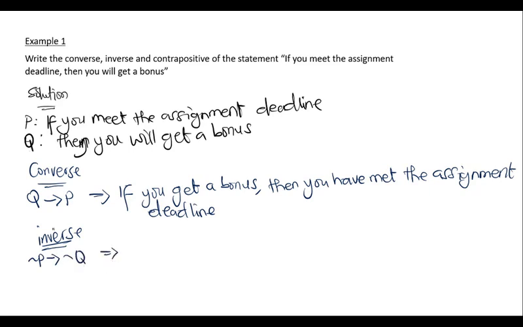So the inverse of the original statement will be negation of P implies negation of Q, and that statement will be, if you did not meet the assignment deadline, then you will not get a bonus. Remember, for the inverse, we are just adding not to the original statements. So the inverse of this statement is, if you did not meet the assignment deadline,